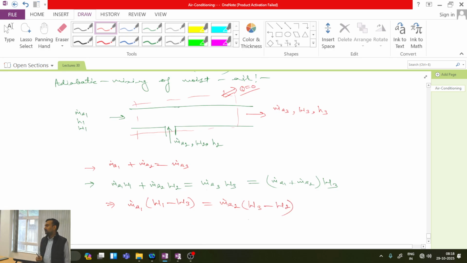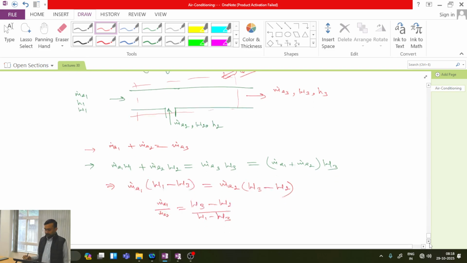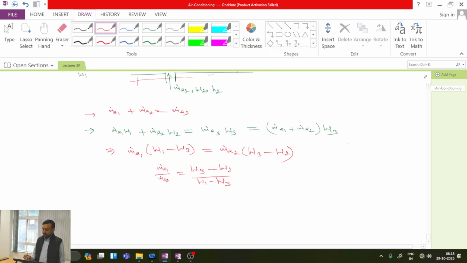w3 minus w2. Okay, and simply I will get that m dot a1 by m dot a2 is equal to w3 minus w2 divided by w1 minus w3. Is this point clear? What does it mean? It means that if I am on the psychrometric chart,